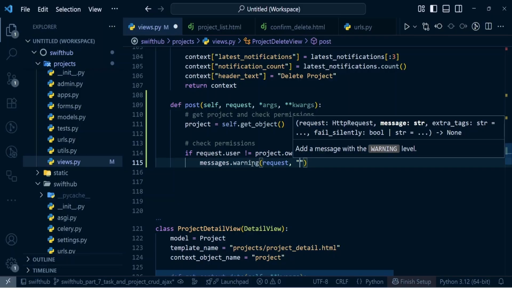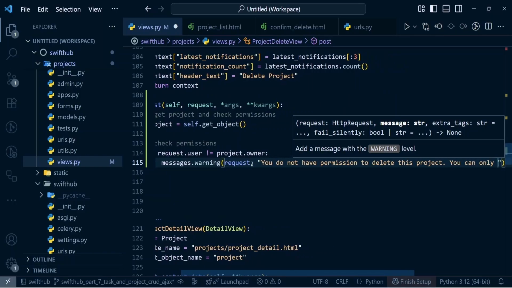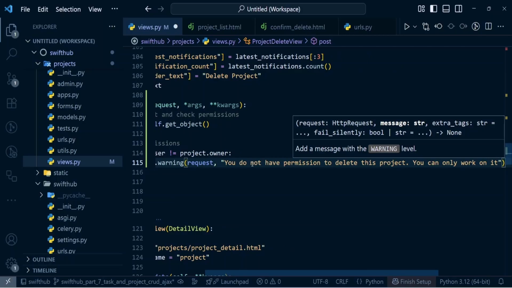So I'm just going to type that you do not have permission to delete this project. And once they have seen the project, it means that they are actually a team member or something like that. And the next one I want to add is to tell them you can only work on it, on the